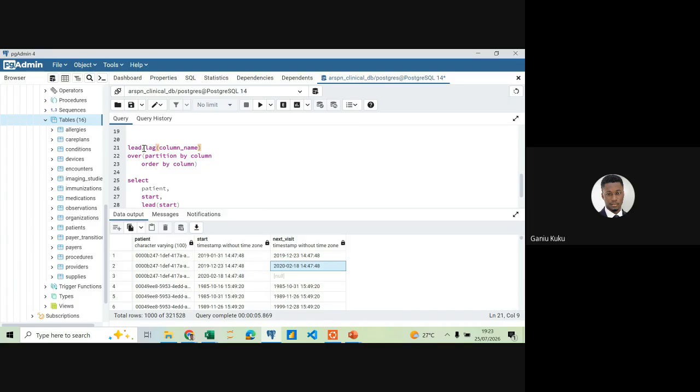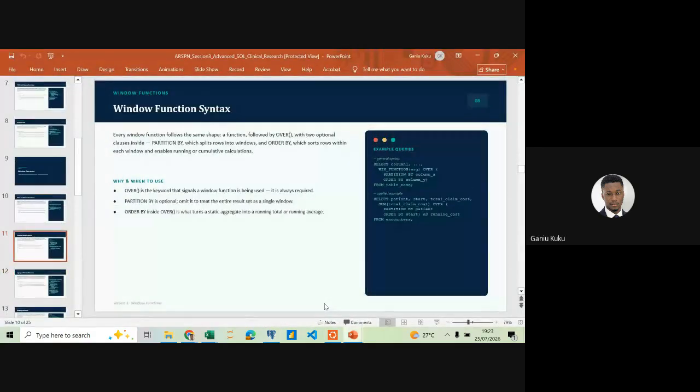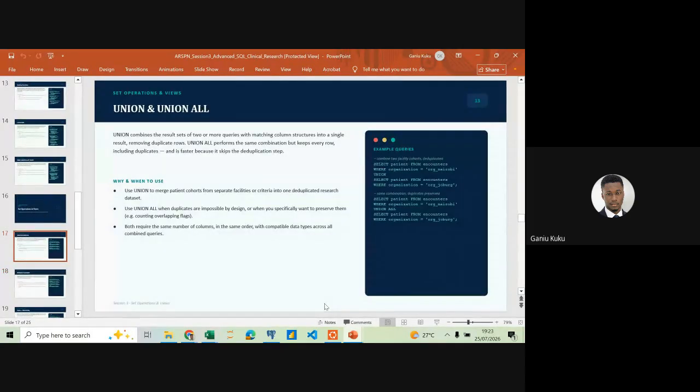Then the next one is, okay. I think that should be all for the window functions. I wanted to explain lag and lead for you guys. Okay, so now going back to our